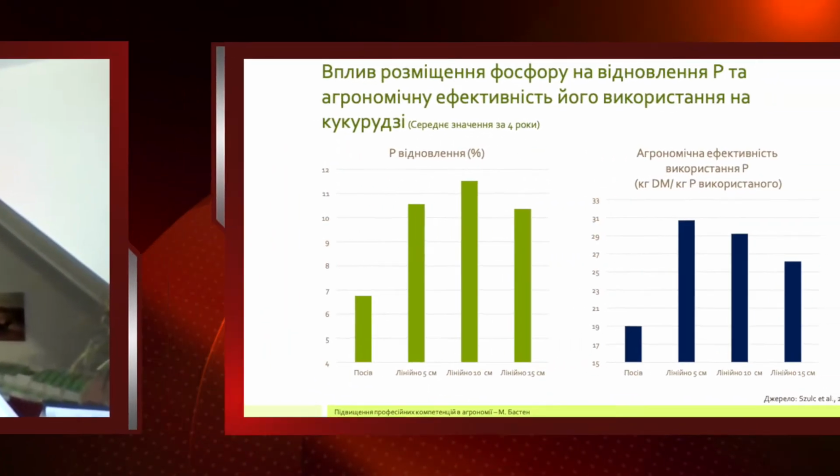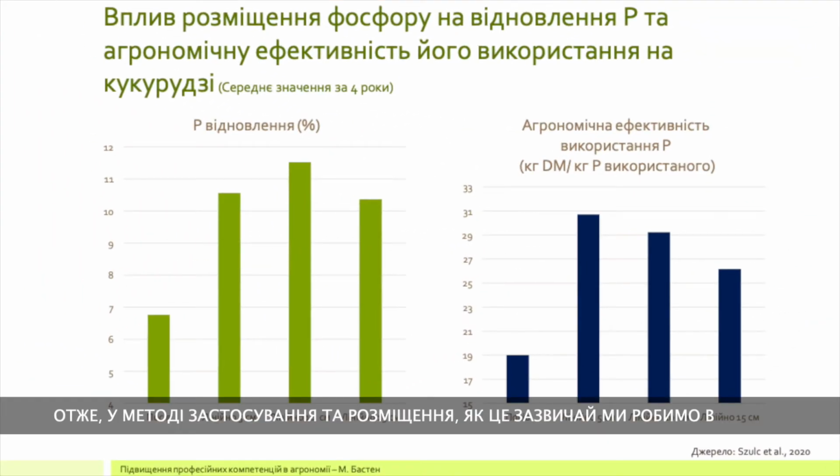But it also shows that the placement at a depth of, let's say, 5 to 10 centimeters below the soil surface, in this case, is the right recommendation to follow. So the 5 by 5 means 5 under the seed. Now it meets, of course, these soil depths. The mode of application and placement, as we normally do in Europe, is pretty much okay, and follows the findings from the trial.